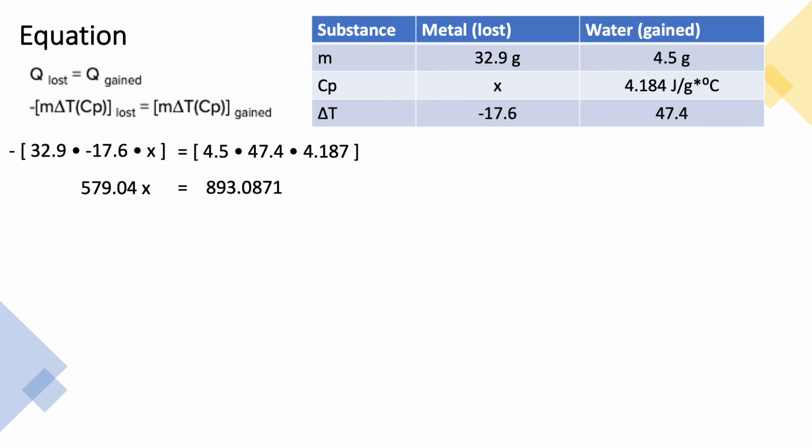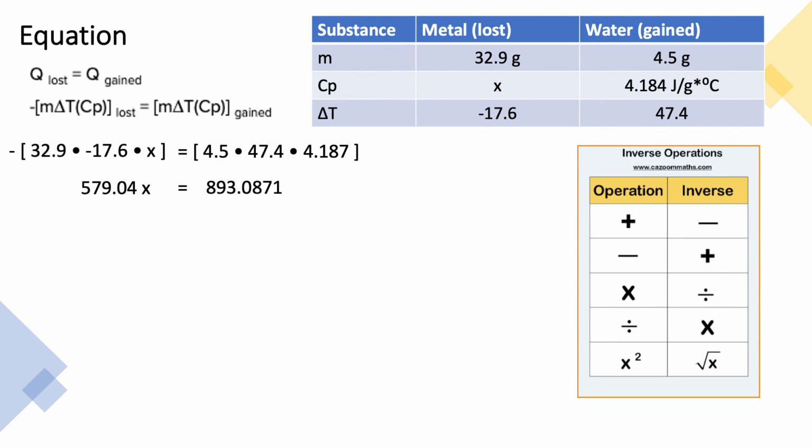Now, we look like we've cleaned everything up, but we still have to solve for that x, so we're going to use our inverse operations here. Currently, we're multiplying by x, so we're going to have to do the opposite, which is divide. And whatever we do on one side of the equation, we got to do the same on the opposite. So we're going to divide by the